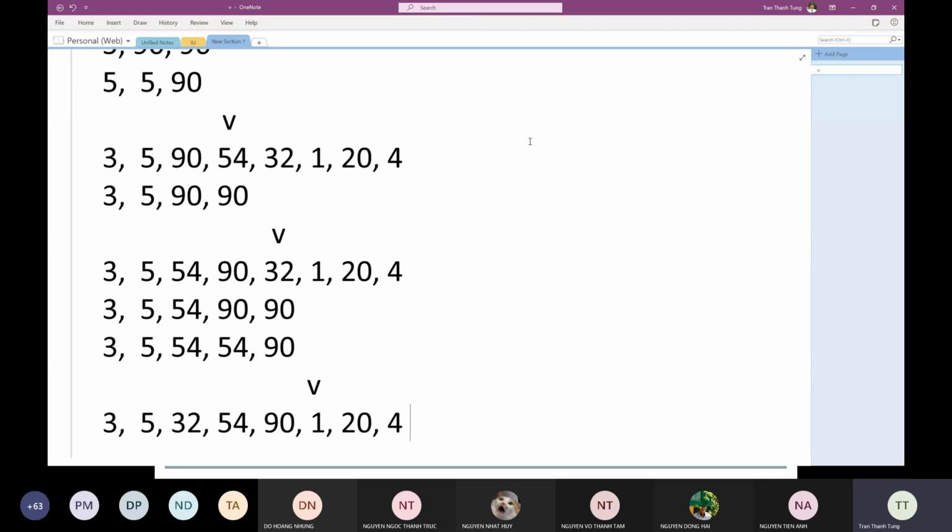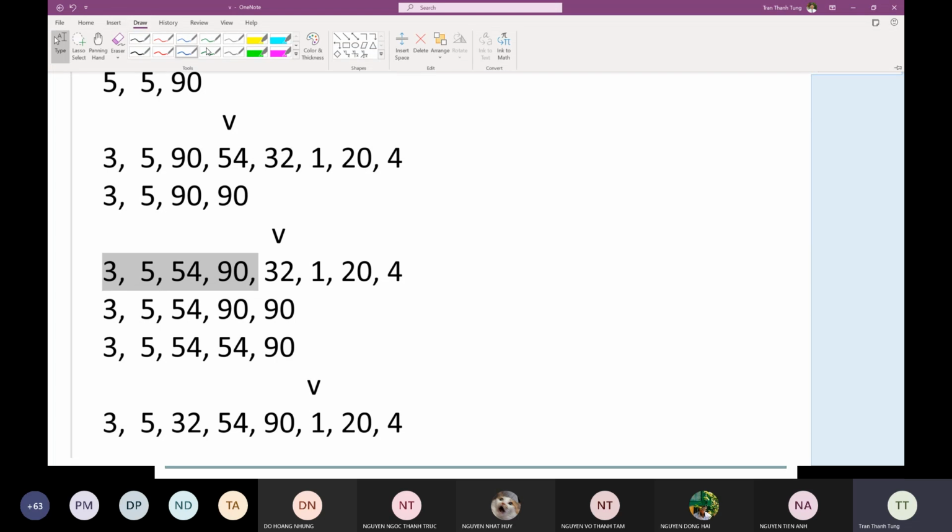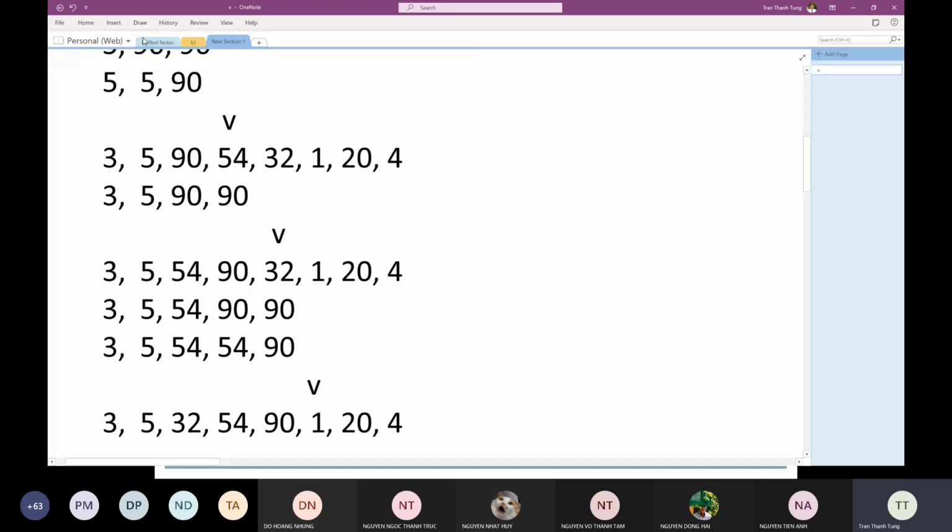And one more thing is that we leverage the increasing order of the partially sorted array here. Because it is partially sorted, especially in this case, what we can do is